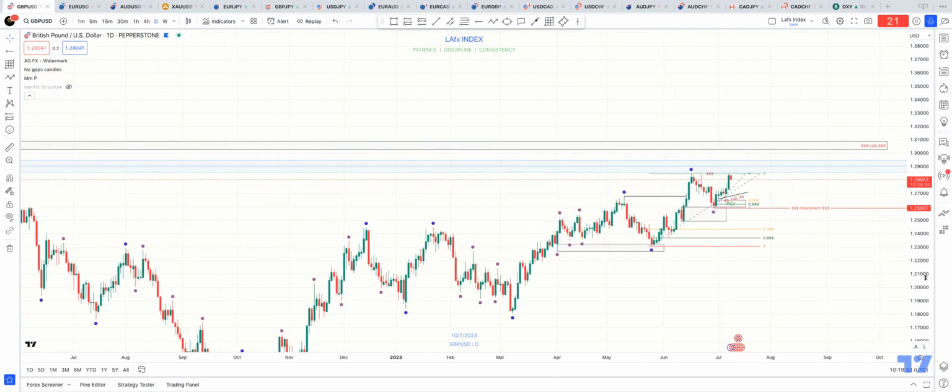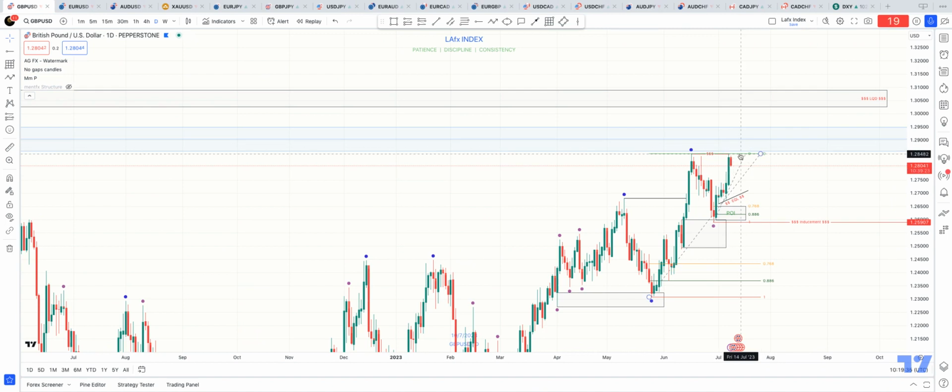Price could be reacting at this imbalance here, right? So we could probably be having some sort of consolidation here in the form of a reaccumulation, right? Before